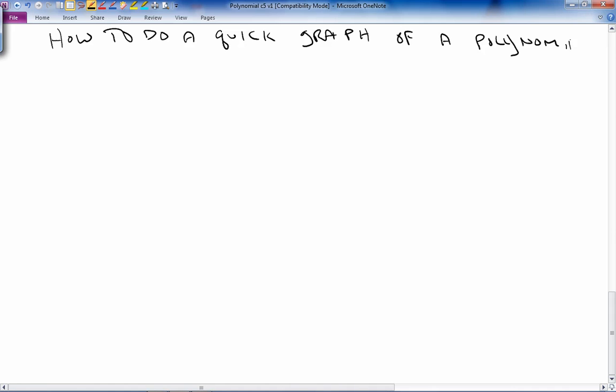A polynomial function. There were other graphs we were supposed to look at, but we never did. That is terrible handwriting, by the way. Anyway,